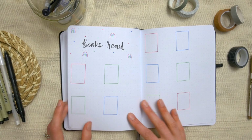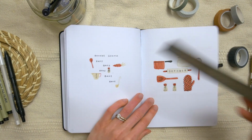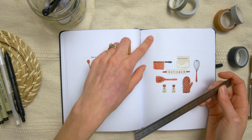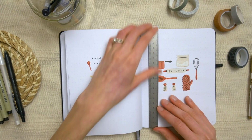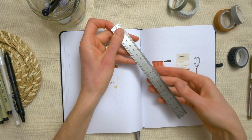Another tool that I can't really show you that much in the journal because I was mostly just using it behind the scenes is this ruler from Mr.Pen. So I don't use a ruler to draw straight lines, but I do use it to measure the dot grid spaces. And this one is so nice because most of my rulers are just 6 inches tall. This one is 8 inches tall, and so it's tall enough to span the full bullet journal, and it has